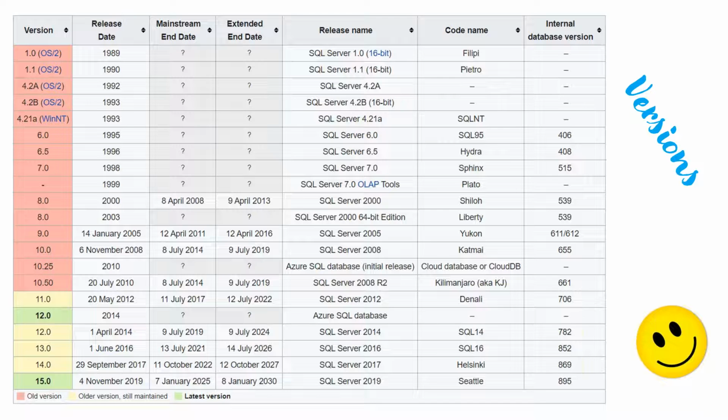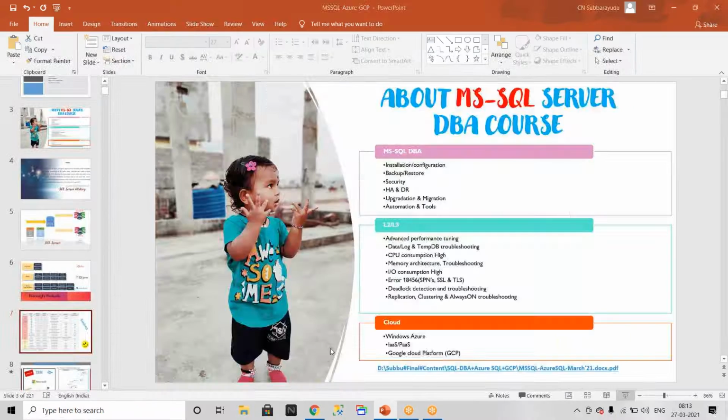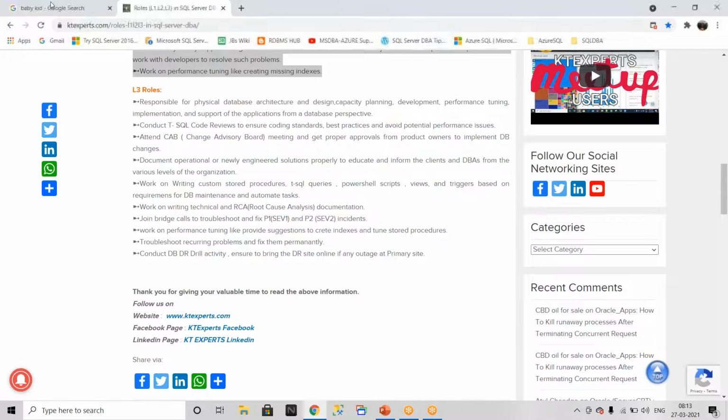So this is the complete list of releases till now. The latest is SQL Server 2019. If you want to get this info, go to